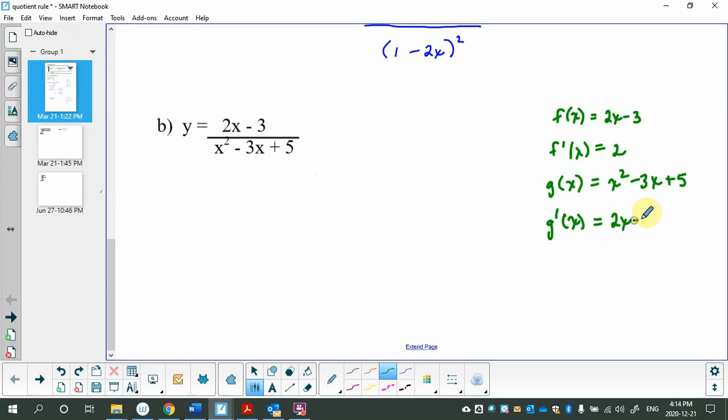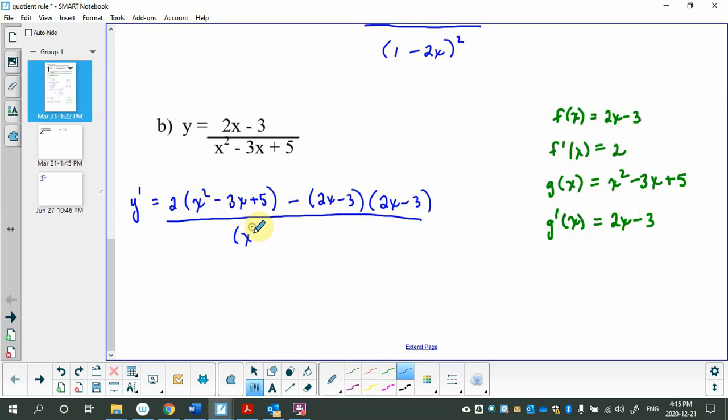So that's 2x minus 3. So time to do the overall derivative now that I've got the pieces for the question. Derivative of the numerator multiplied by the plain old denominator. Minus, because it's the quotient rule, the derivative of the denominator, which is there, multiplied by the numerator, which just coincidentally is the same thing, over